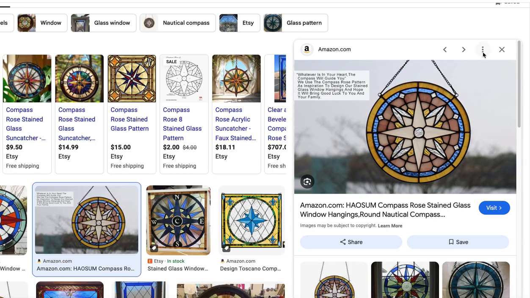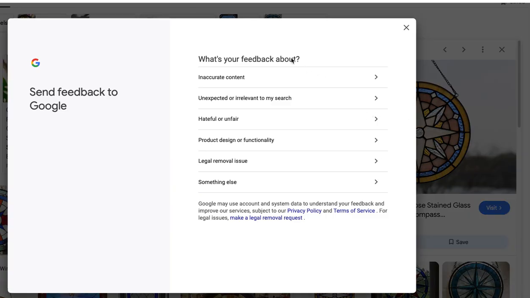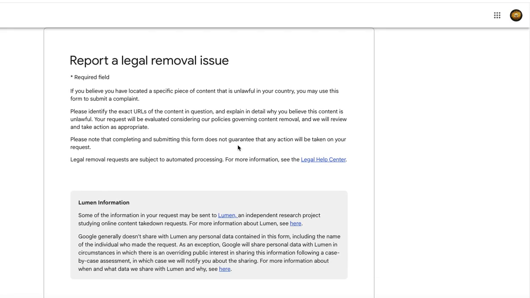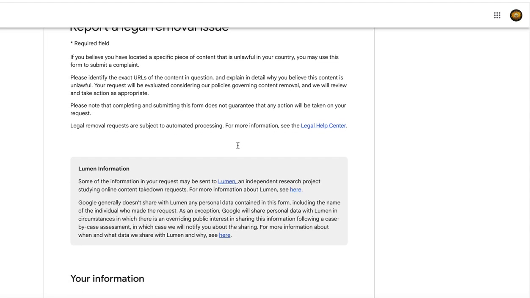So what you do, you hit the three little dots, and you could say remove the result, or go to feedback, right? And send feedback to Google, right? You say, oh, wait a minute, legal removal issue, right? Hit that. And right here,